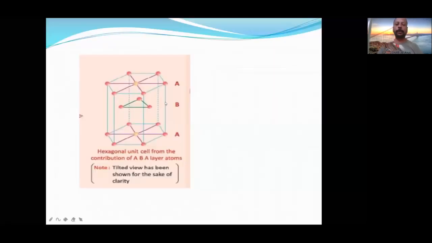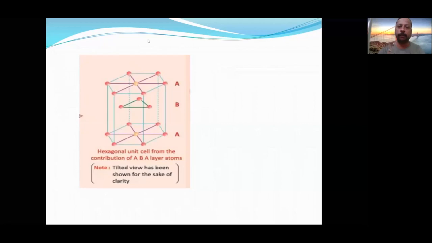Okay, this is an exploded view of it. Understood? Here, actually, this much distance will not be there. It is considered only for explanation. They will be so close with each other. Now, the contribution of a corner in HCP is not 1 by 8. Why is it not 1 by 8? That I am going to explain.